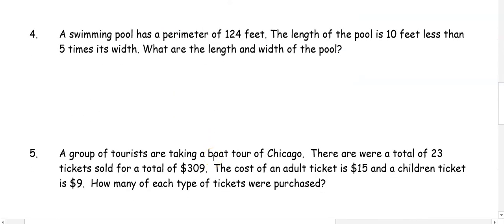Number 4, a swimming pool has a perimeter of 124 feet. The length of the pool is 10 less than 5 times its width. Okay, so first we need to figure out perimeter. So in a pool,